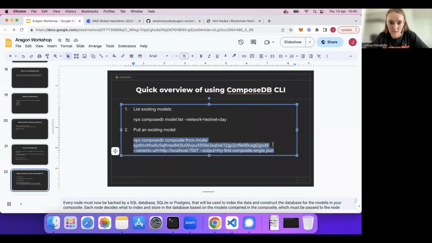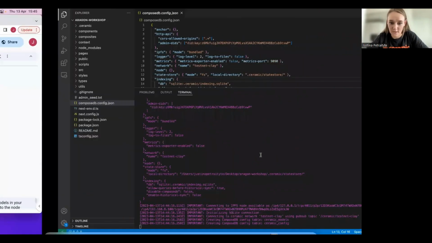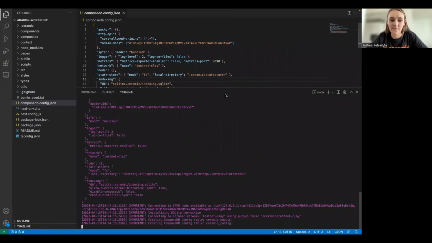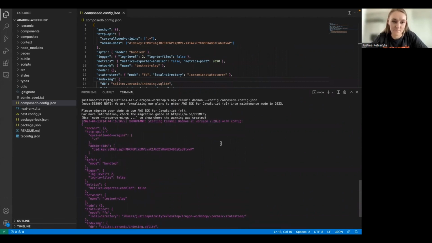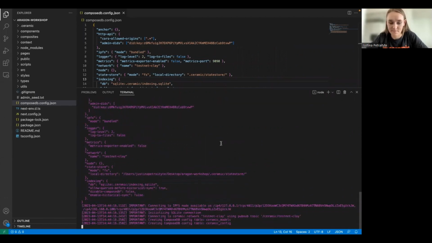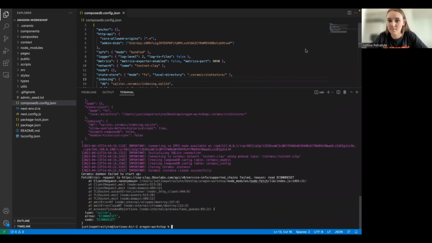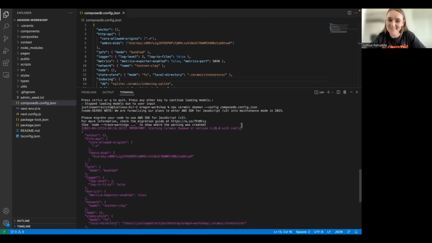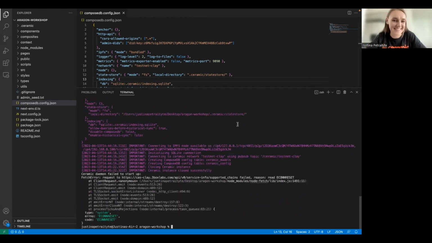I'm just checking that I didn't forget anything. That's interesting. We had some issues with our testnet, and I am wondering if that's exactly what is happening right now today during the workshop.